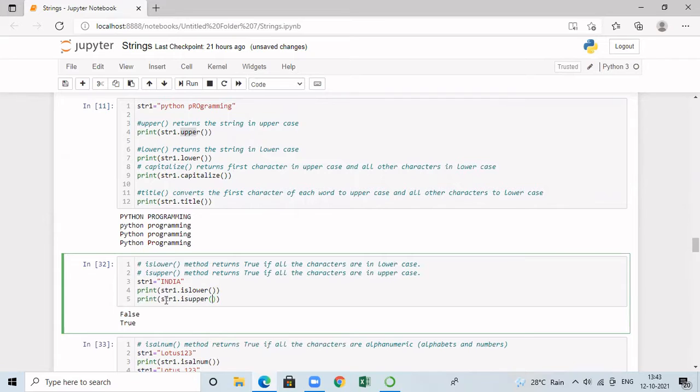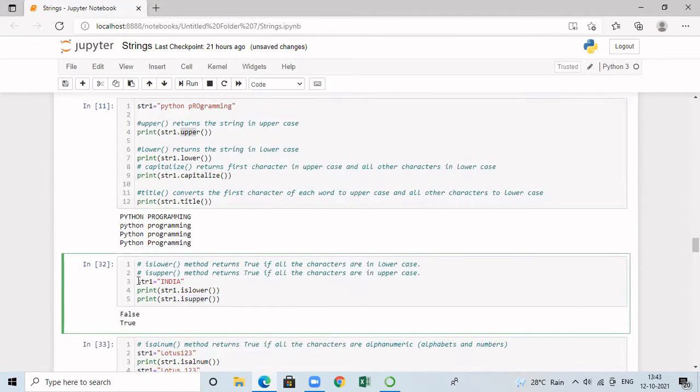So this function is going to return us a Boolean value. If a particular string contains all the characters as uppercase, then the isUpper method will return true, otherwise it will return false. Similarly, we have the isLower function, which is going to return true if a string contains all the characters as lowercase letters, otherwise it will return false. The return value of these methods is Boolean.